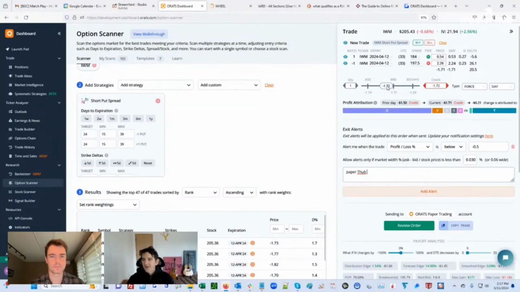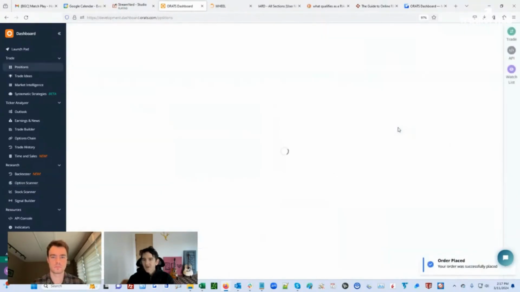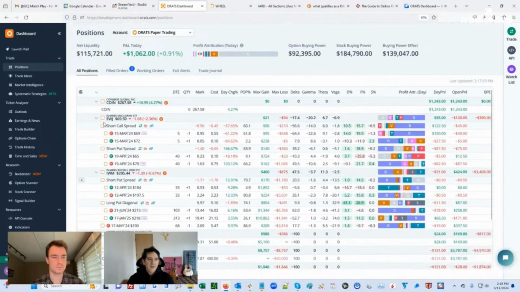Now the market just changed, so we're going to have to give up a little bit more. Let's get this trade done before we have to do it for even a lower amount. So this will send us an email, give us a text, however you set it up, if you need to get out of it at that point. So that'll be the trade that we'll have on for next week, Tyler, and we'll monitor that along with the